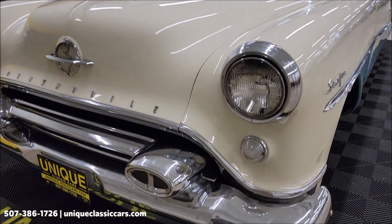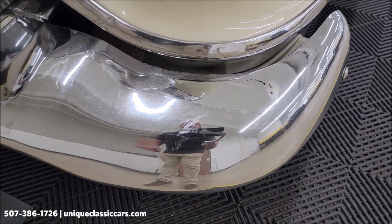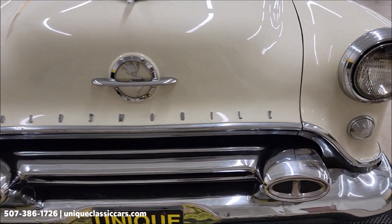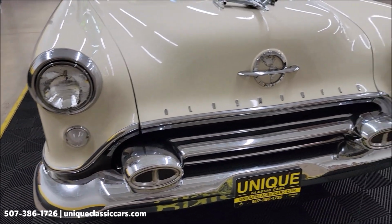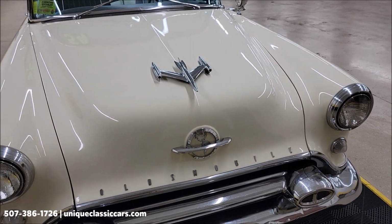Let's take a look at this front bright work. Grill, headlight surrounds, hood ornament, of course, a lot of polished and a lot of chrome on these back in